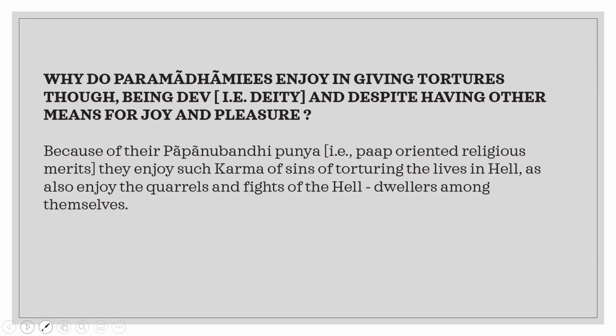फिर the third category is Papanubandhi Punya: a person who is not eating meat because of his health reasons or whatever. But in his mind, he wants to eat meat. He's thinking, I wish I had good health so I could eat meat. Unfortunately, I am not able to eat meat. तो वो और खराब हुआ. Even though he is not eating, पर उसका अनुबंध पाप का हो रहा है. That is पापानुबंधी पुण्य. And such jeeves can be born as a Parmadhami. Even though they are doing the kriya of punya because they are not eating meat, पर उनका अनुबंध पाप का हो रहा है because they are regretting it.